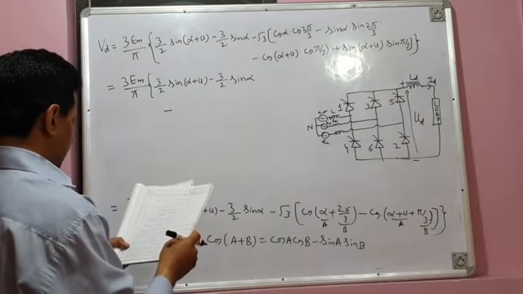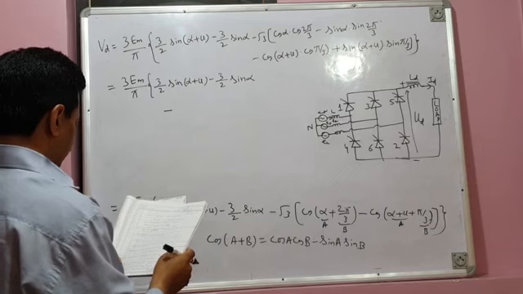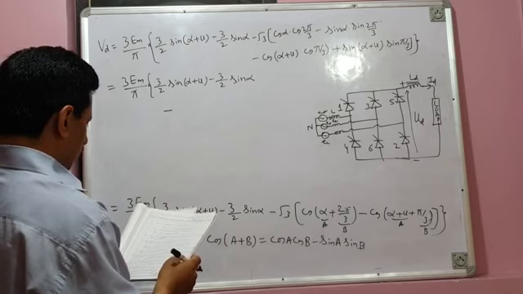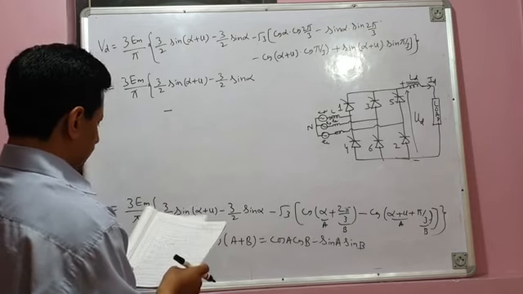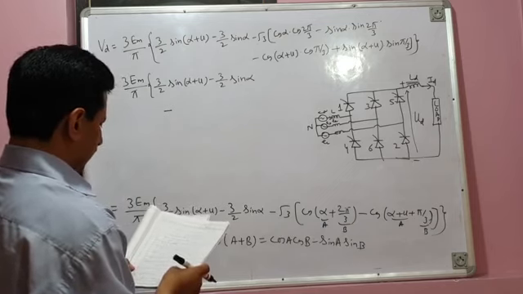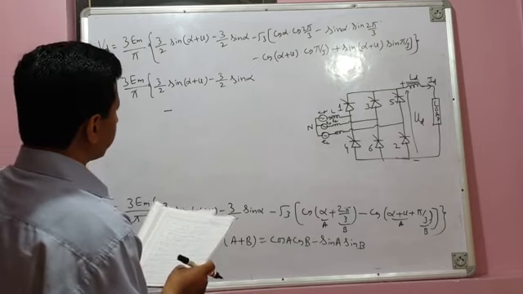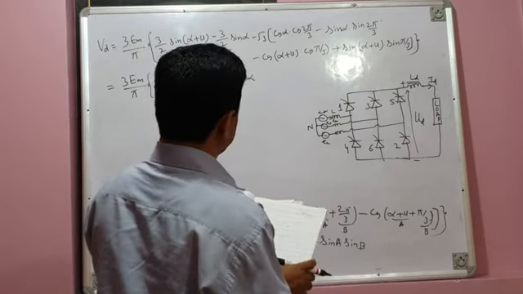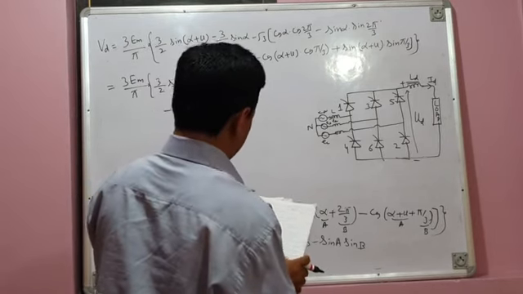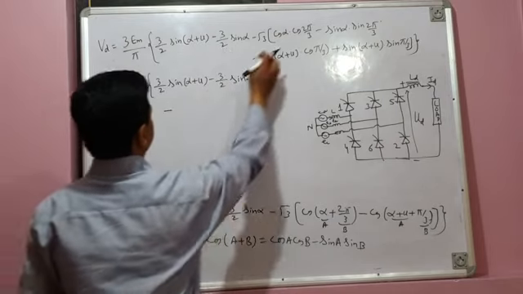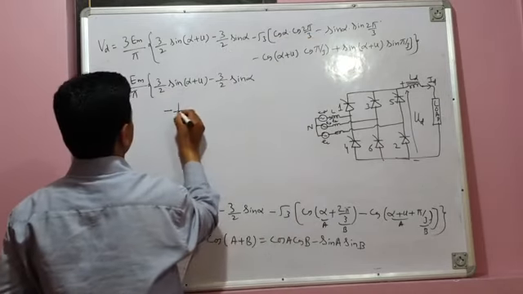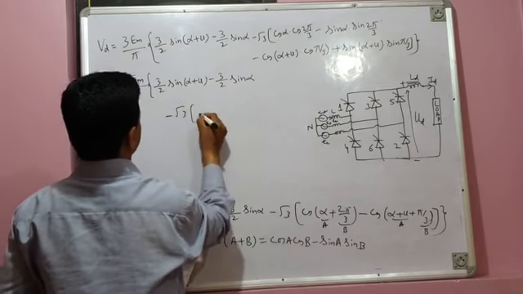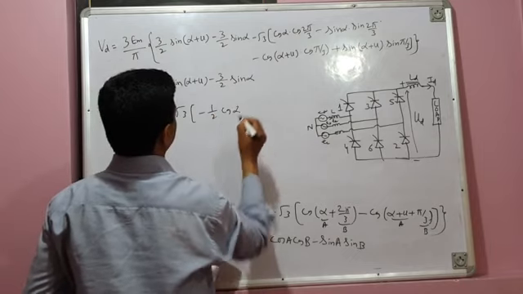Cos 2 pi by 3 is minus 1 by 2. So this is minus root 3 times minus 1 by 2 cos alpha,